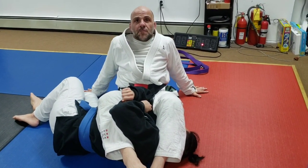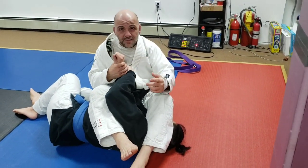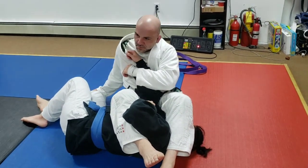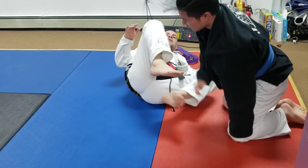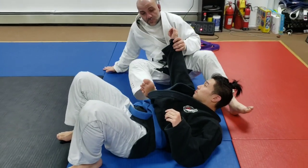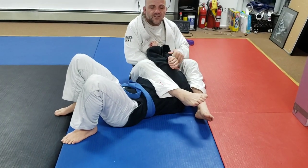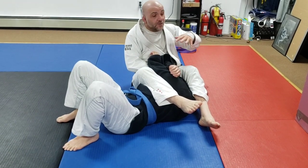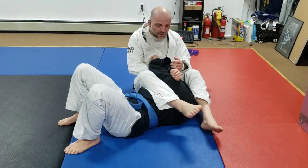I want to try to finish the armbar on top though. Once we fall in this position, he has more outs. He has more opportunity to escape, such as moving his hips away, the hitchhiker escape. That being one of them. And the reason he can do that is we're in this position. This is not wrong by any means, no. But just understand, he has more opportunities to escape. Whereas if I try to finish on top, I've taken those opportunities away from him. Okay? So, we're going to